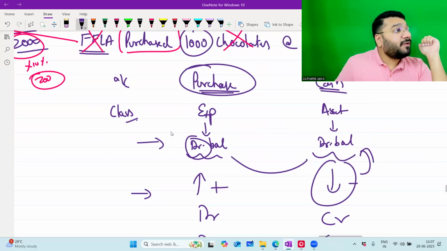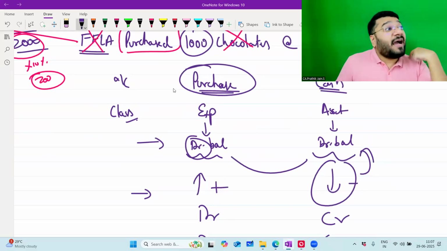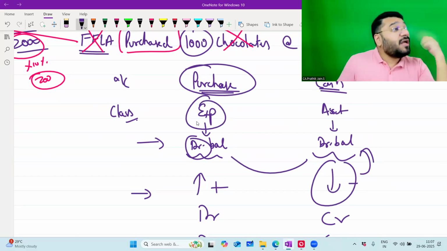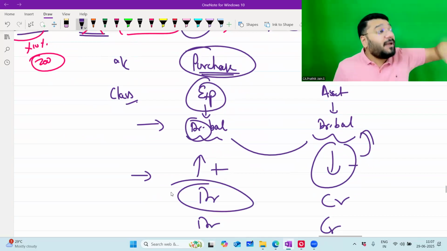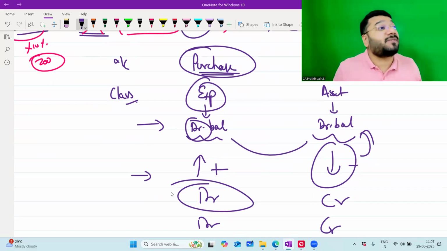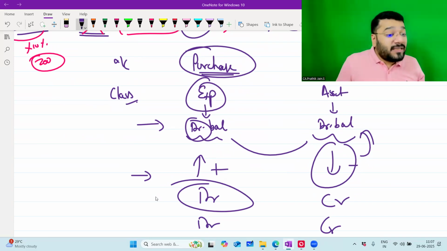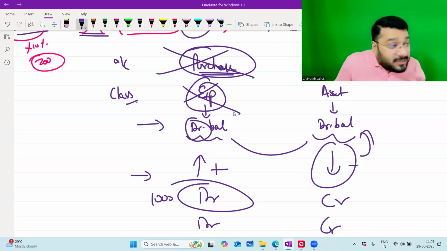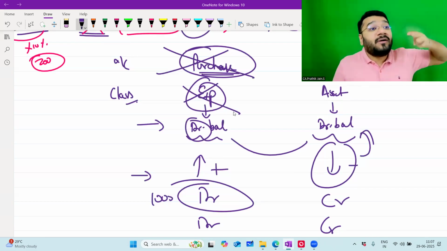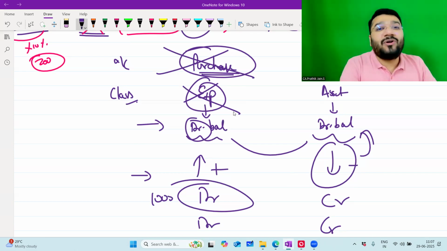No, that is not the reason. When you purchased the goods, you promised me to sell the chocolates. We allowed you to record the expenses. How did you record the expense? By giving a debit. By debiting the purchases, you booked the expenses. Now, when you broke the promise, can I allow this 1,000 rupees to be in the purchase account? Can I let it be an expense still? No. I need to reverse it. That's how the purchase account came into the picture.